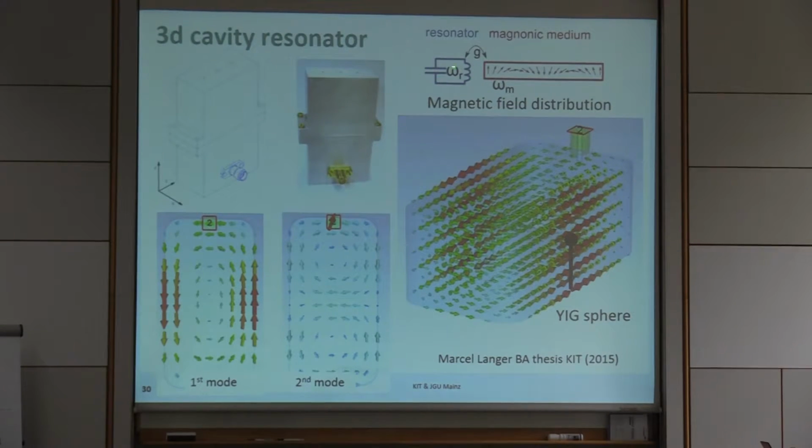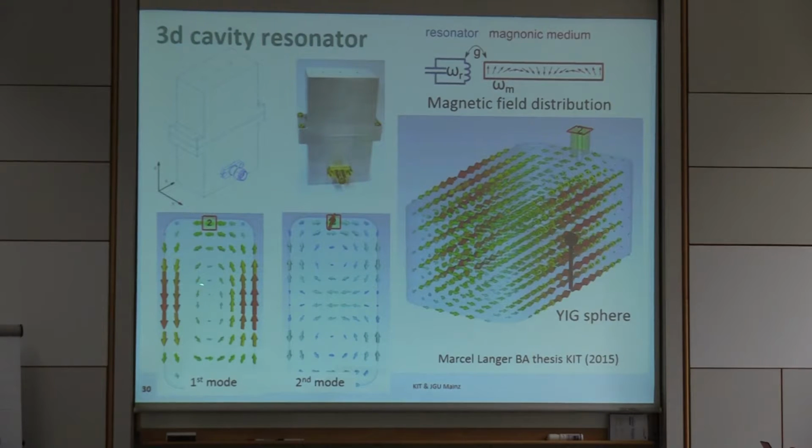We use this to couple our cavity or resonator to the ferromagnet. Here are some electromagnetic or magnetic field simulations. That's the coupling to the cavity. The YIG sphere would be placed, or is placed, at the position of highest magnetic field